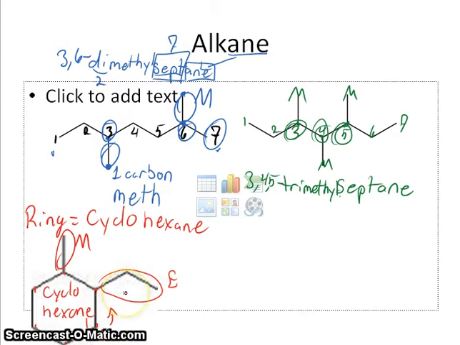The way we want to remember is that these get numbered with the lowest possible number. If we go this way, 2, 3, 4, 5, 6, they would have 5 and 6. But if we number it the other way, let's see,